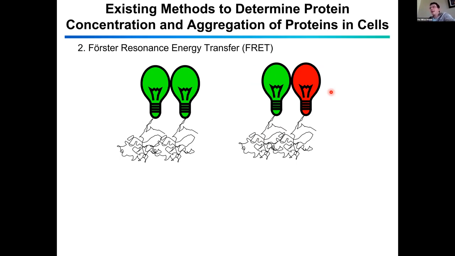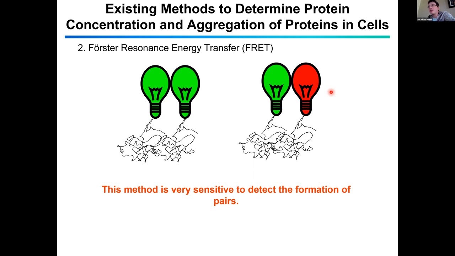As soon as you have the two molecules very close together within a distance of a few nanometers, and also other conditions such as the orientation are fulfilled, you can get energy transfer between the two, which will result in a signal that you can detect. So for example, reduction of lifetime of the donor and increase of the fluorescence of the acceptor. So this is very sensitive to the detection of the formation of pairs, but it does not tell you for any higher oligomers. I mean, there could be 4 and you have more energy transfer, but that would be hard